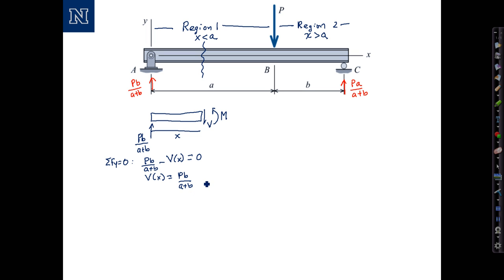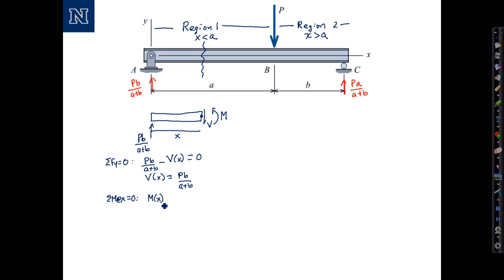To solve for the moment, I want to sum moments, and this is very important. I'm going to sum moments at the location of the cut and not at the end of the beam. The reason I do that is so that the unknown shear drops out of the equation, and that tends to simplify things. So we take sum of the moments at x equal to 0, starting with the unknown moment itself,